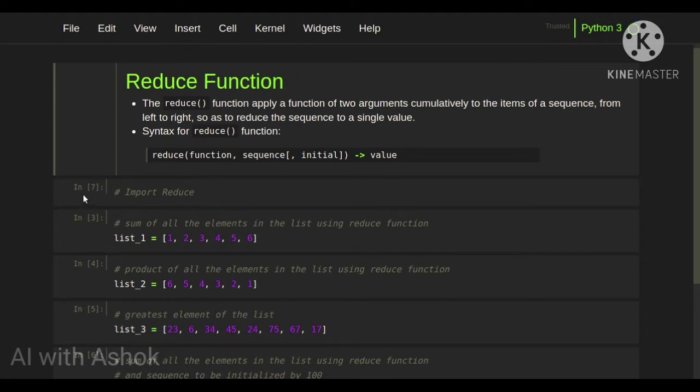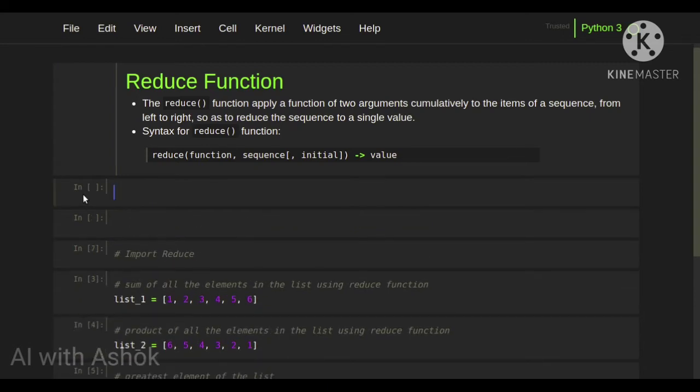What it will do is, first let us consider we are having a list of values 1, 2, 3, 4, 5, and we need to add these things. Actually what we are going to do, we will use the sum function to add this, but we can also do this by using reduce function. So reduce function is not only for this purpose, it can also be used for a lot more purposes.